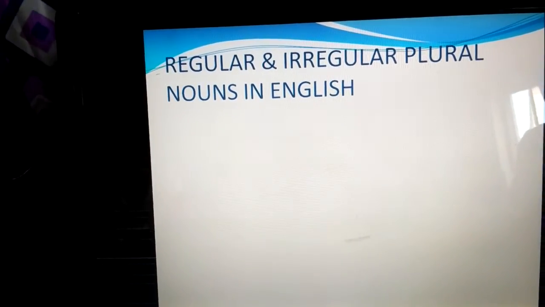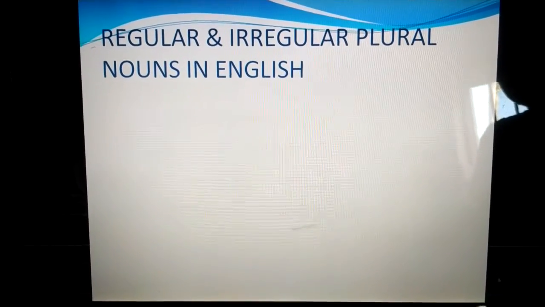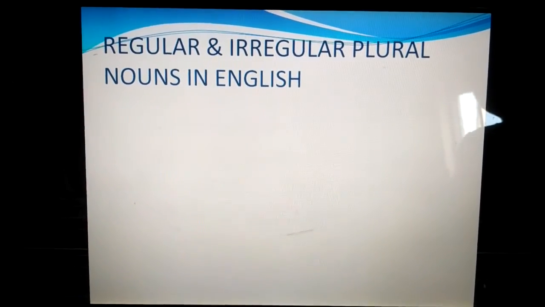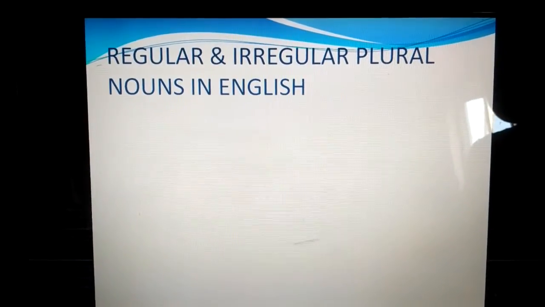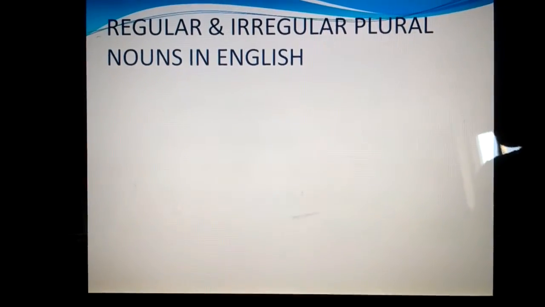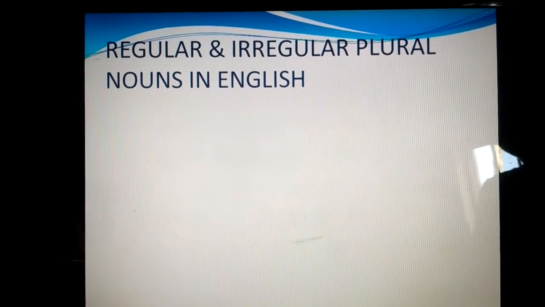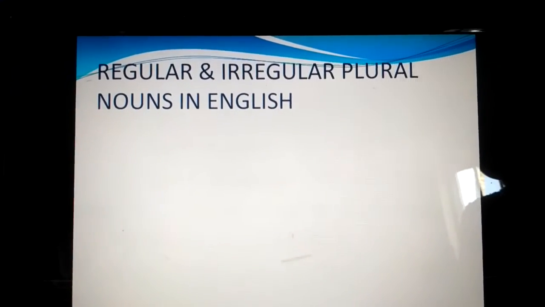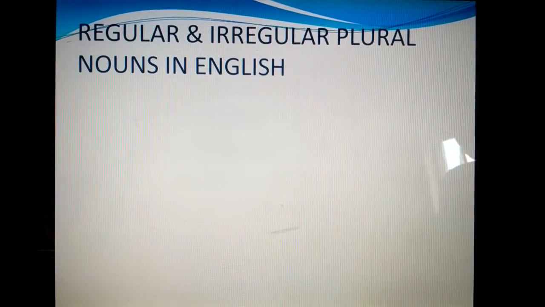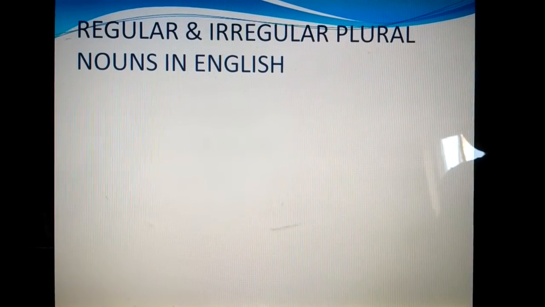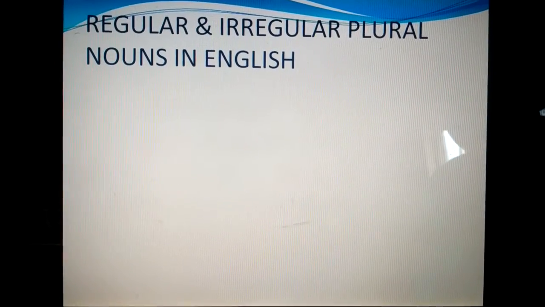For example, knife, knives. At the end there is fe, so that's why in plural form we have to use ves. Tooth becomes teeth, an interchange. So where we don't use s or es from singular to plural, we have to add ies. For example, puppy, puppies, knife, knives. In that case, it will be irregular plural nouns. So let's get started for closer explanation.